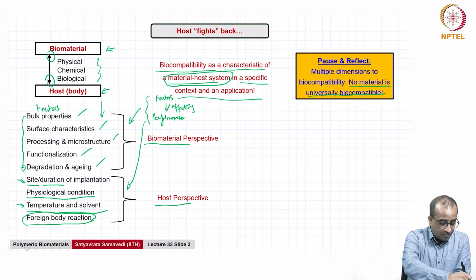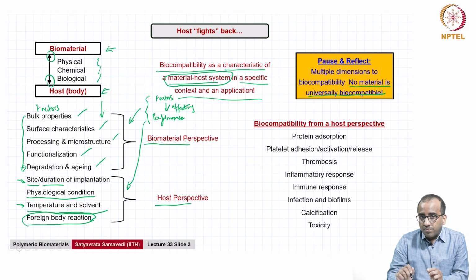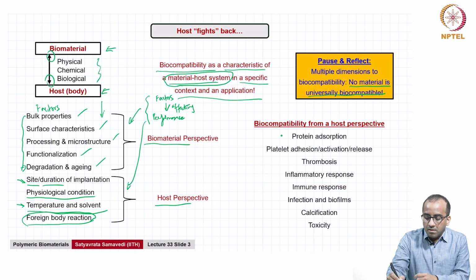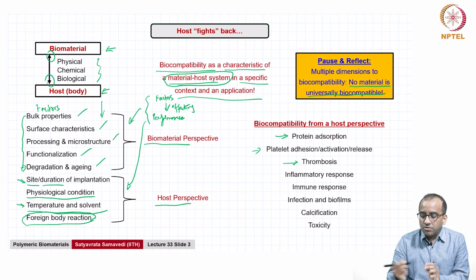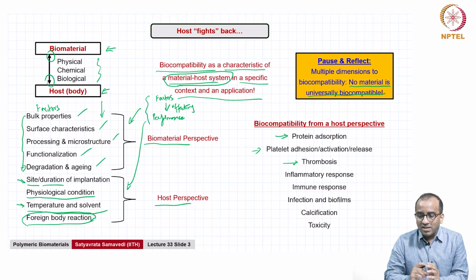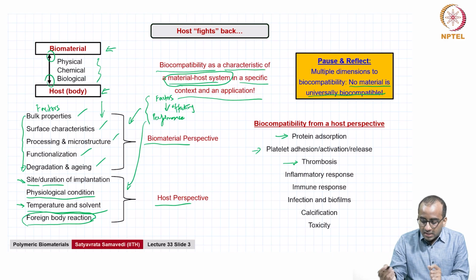So, now moving on to look at biocompatibility from a host perspective. We've looked at quite a bit of background relating to biocompatibility from a biomaterials perspective. Now we will look at it from a host perspective. And this list is not entirely new to us. We've already started looking at some of these in some detail. For example, protein adsorption, platelet adhesion, activation and release, as well as thrombosis are things we've already looked at in earlier lectures. And the other aspects that contribute to biocompatibility from a host perspective include inflammation and immune response,